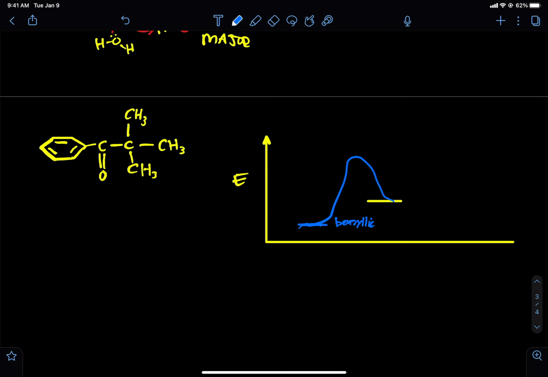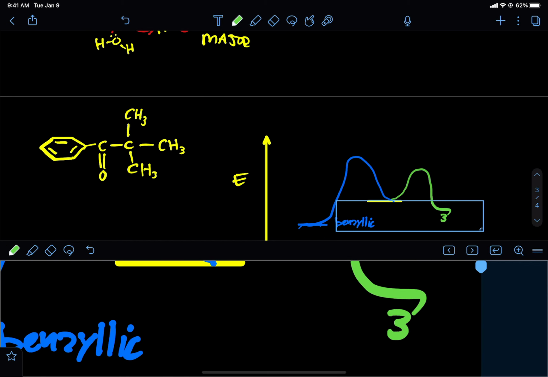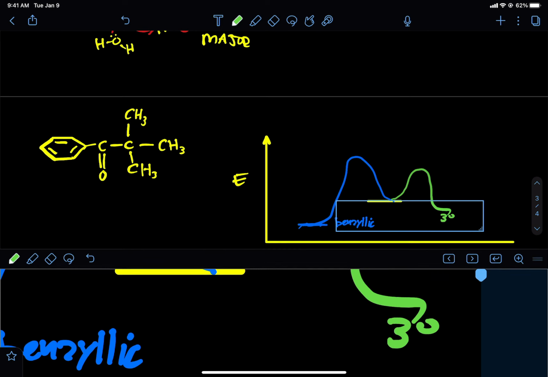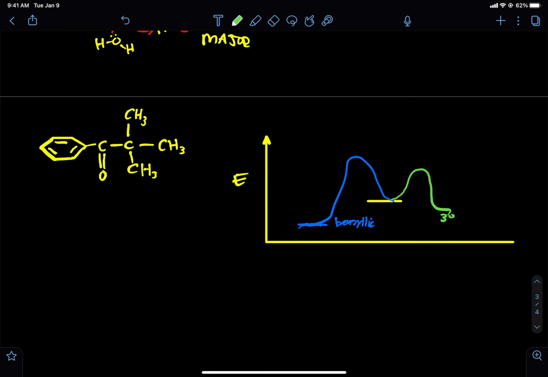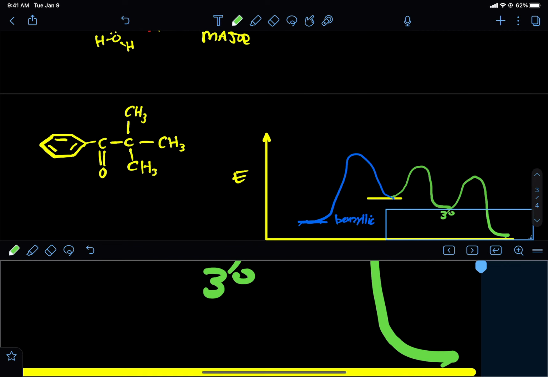In the other pathway, the second one we did, we'll call it the green pathway. We didn't go as far down in energy in the first step. Okay. We first went to a tertiary. And then in the second step, we got to an extremely stable state, which was the benzylic plus the oxygen,